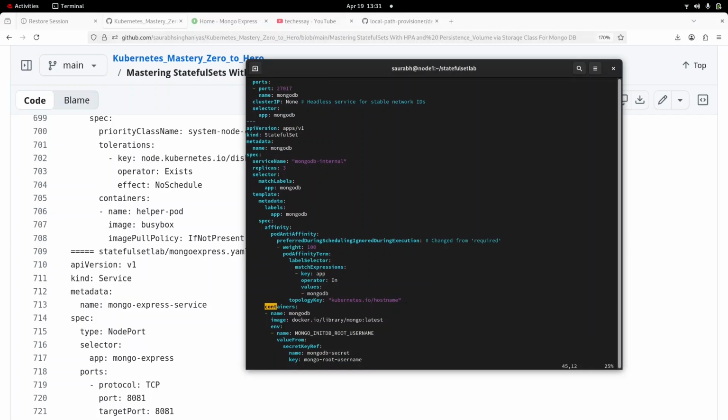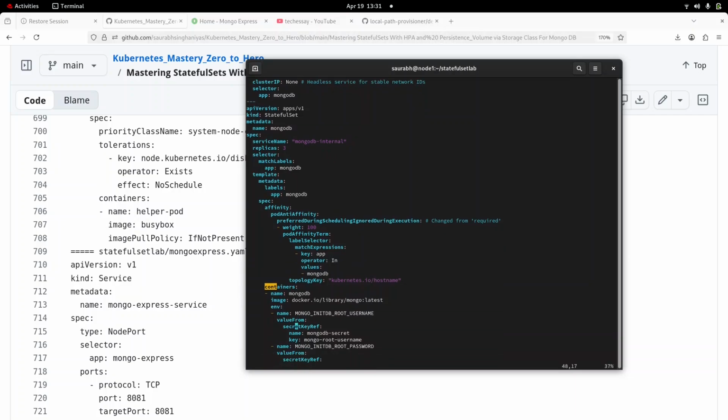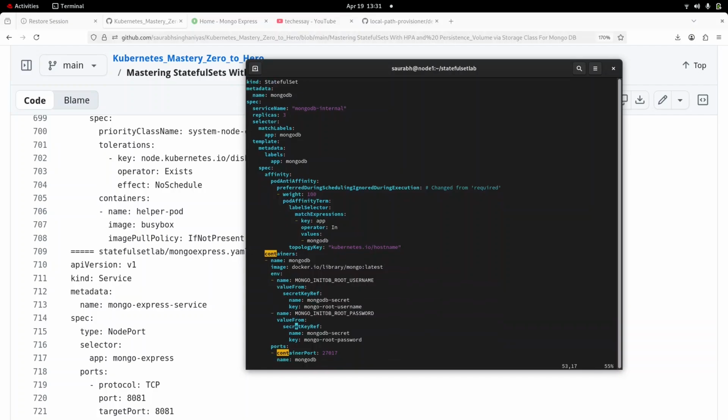Okay, and for the container, here we are using the Docker image, basically the Docker registry image, that is the Mongo latest. Okay, and its name will be MongoDB. And here I have specified some environment variables for it to start, like the name Mongo initdb root username, which will take its reference from the